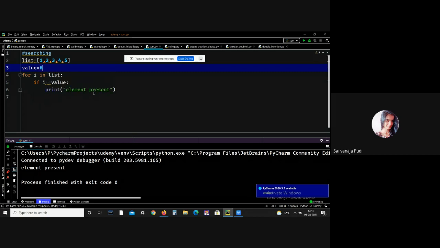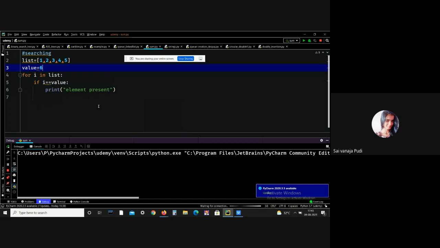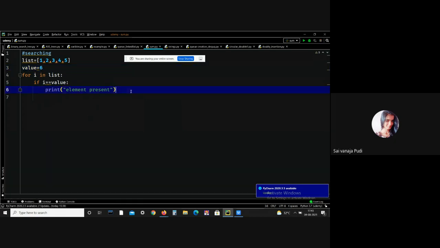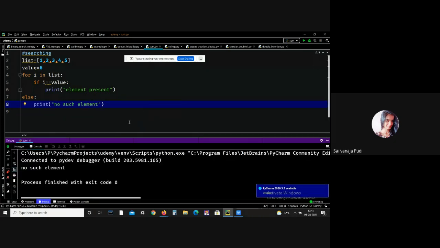Let me print another one. See, we got the output: no such element.